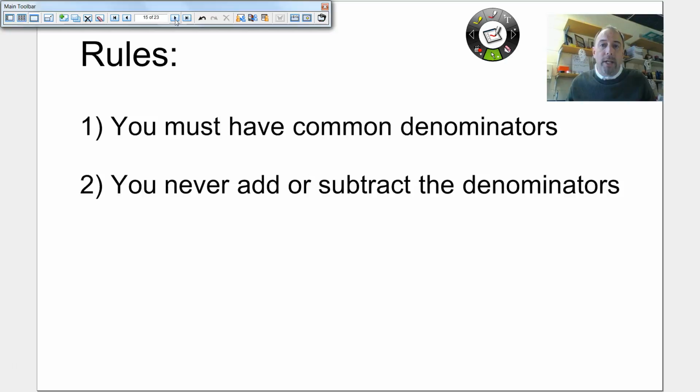You must have common denominators. That is not a 4th grade standard, in case you're curious. We're not going to be adding and subtracting, finding common denominators and moving on from there. That's next year. That's 5th grade. What we will be doing is what follows. Second rule, you never add or subtract the denominators. This is an important rule. When you get a common denominator, you write that common denominator down underneath your answer and you leave it alone. You don't touch the denominators after they're the same. Just leave them what they are, move it over to the answer, done. Okay,